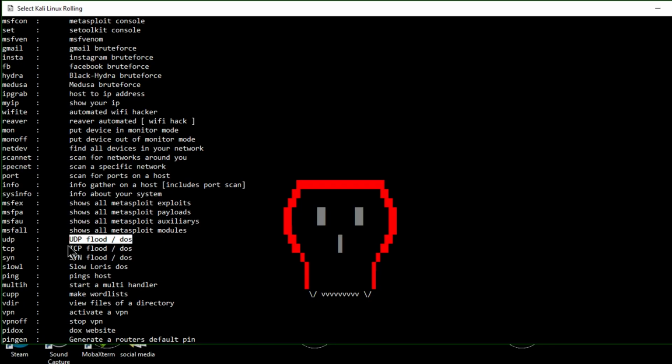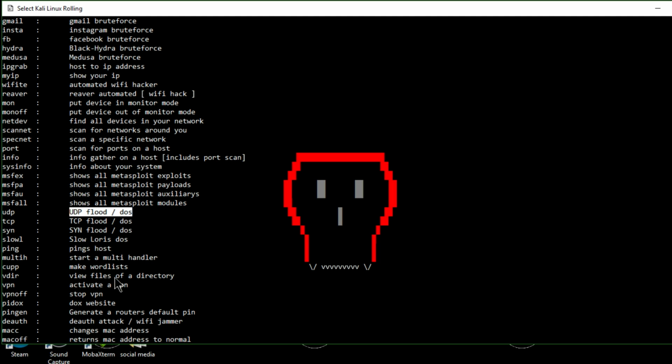UDP flood. So TCP flood, SYN flood, lower stuff. Ping. I mean, it's not really that hard to ping, but I'm not sure if I even did that. I don't even know, because I've never needed to ping a host, really, so I don't think I've tested that,